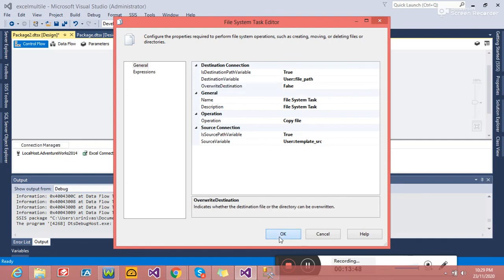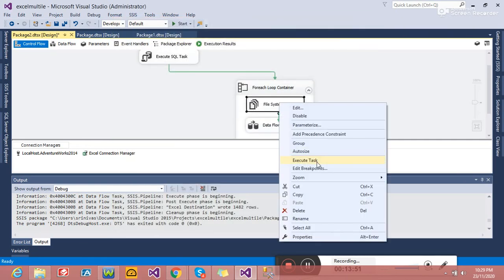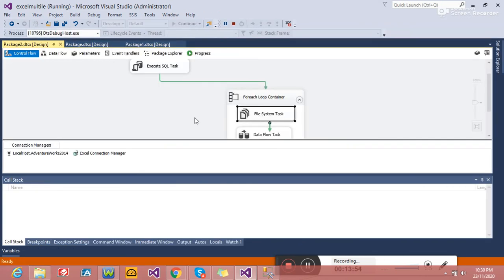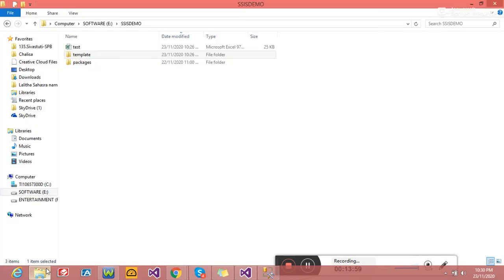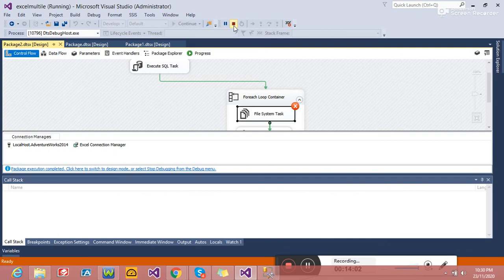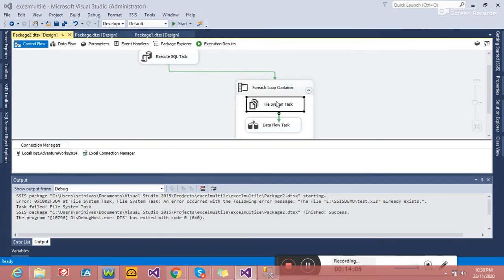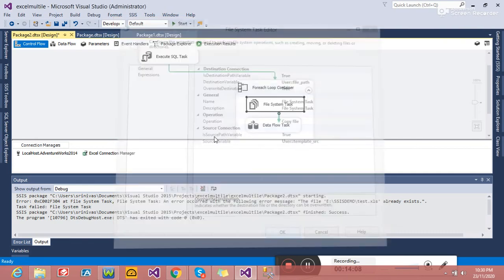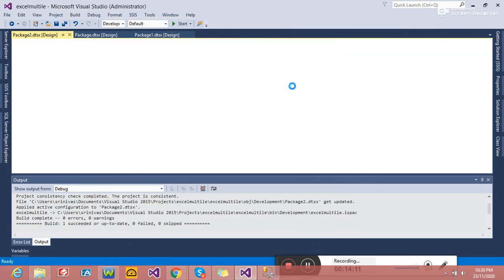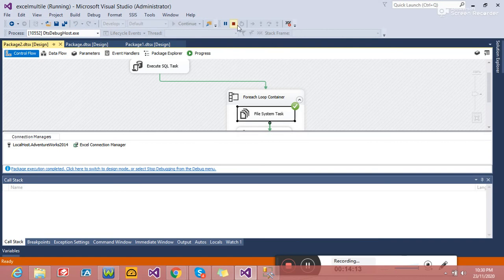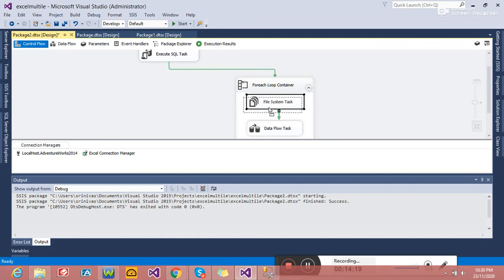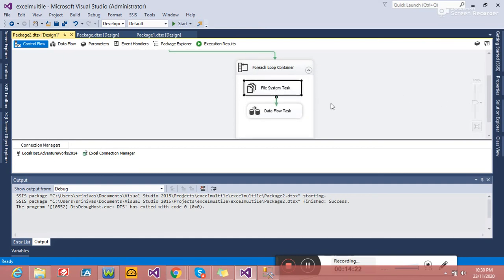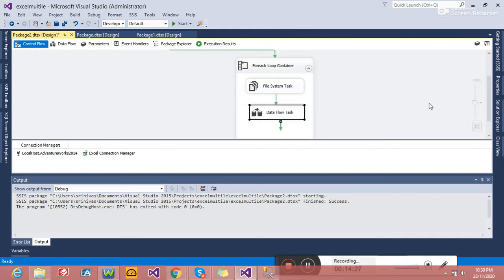Let's see what is happening there. If we execute this one, the file already exists because test already exists. So sometimes even if the file exists, I want to overwrite that file. So let's run this one. Now it executes well. So this task is to copy the file from the template folder to the destination location, and now the next step is